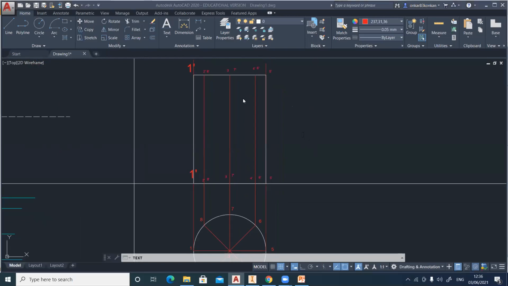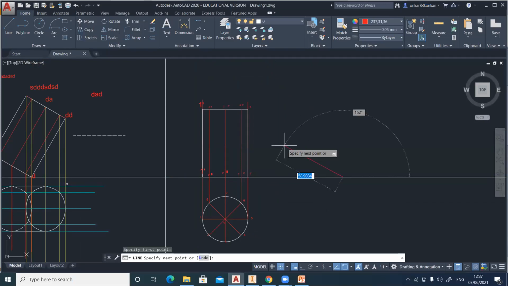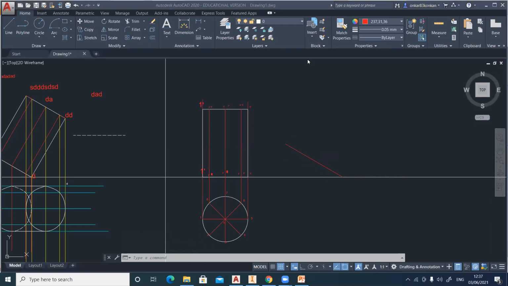Okay, so give the names in the front view like this. After this, rotate this front view with the given angle, that is 60° for the axis. So draw one line at 30° that will represent the base. So this line will represent the base. I have drawn this line at 30°, so that axis will be directly 60°.